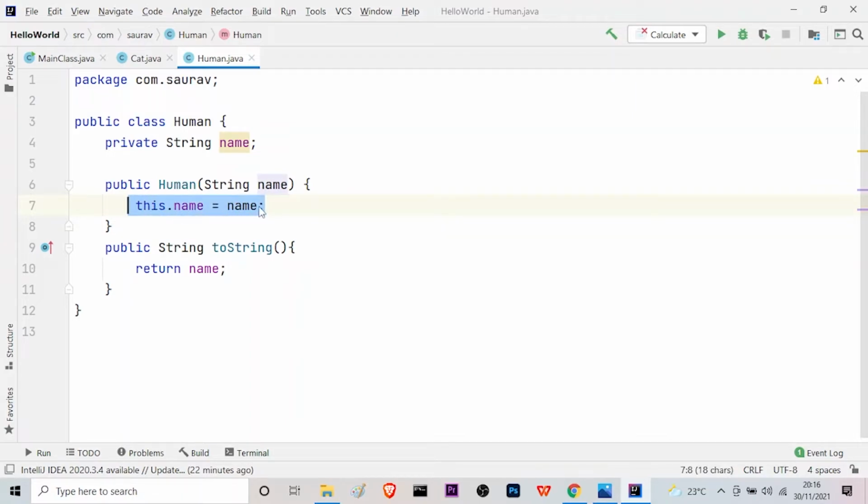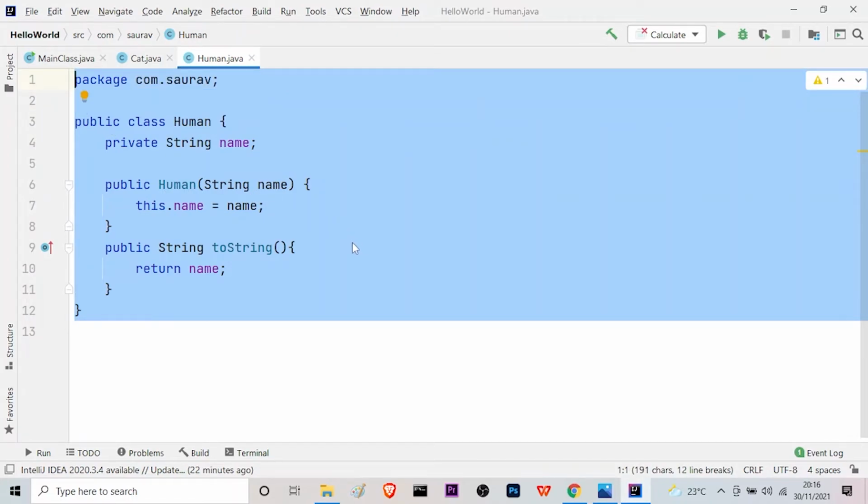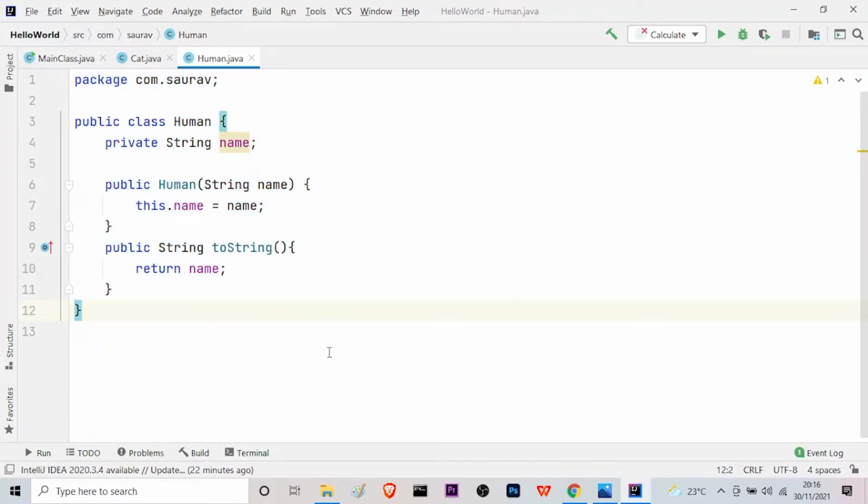That's it, this is only the name of the human. After that, we also have this toString method in order to return the name of the human. So this is a basic simple class Human where there is an attribute name, and we are using the toString method to return the name of that particular human, which will be the owner of that particular cat.